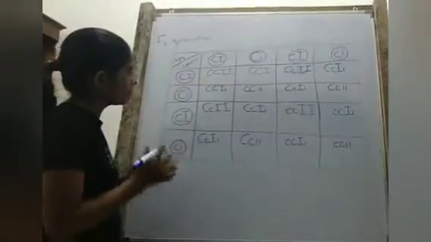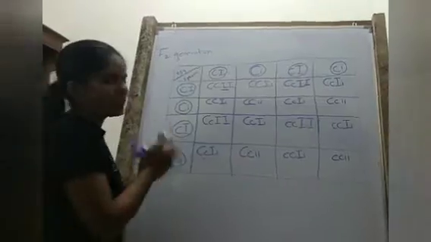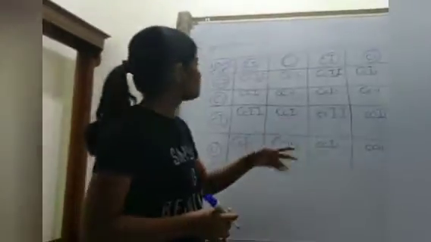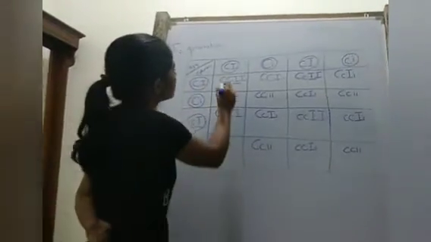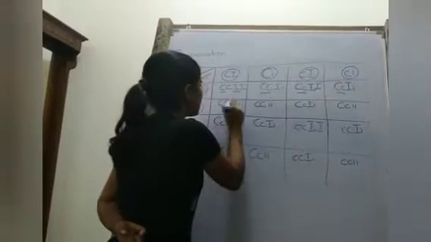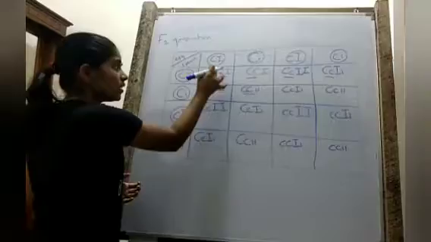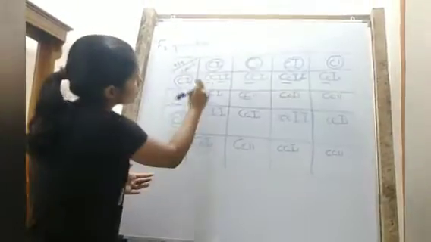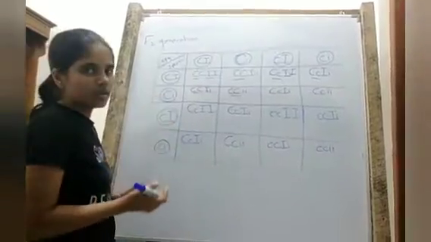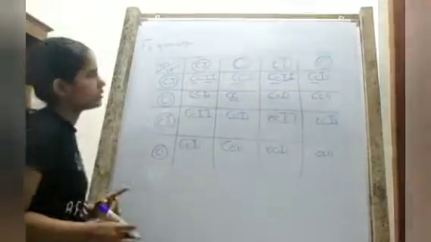So first we have to consider the presence of capital I allele. So capital I allele is the epistatic gene. So if that is present, no matter what the allele is present here, the phenotype would be white in color. Because what capital I allele does is suppress the function of the capital C allele, which is giving out color. So we have to find out the genotypes with capital I first.